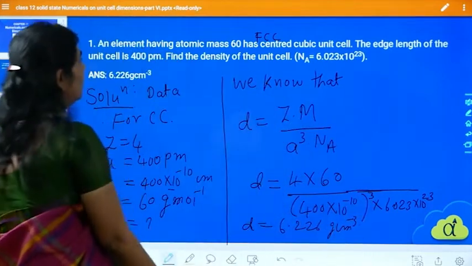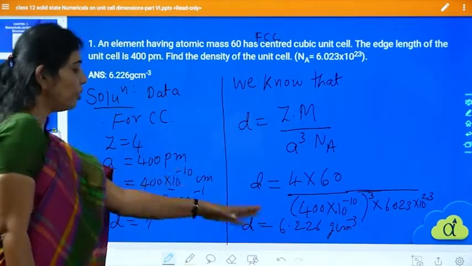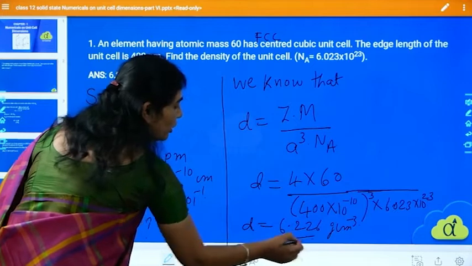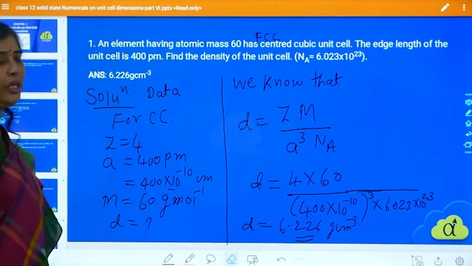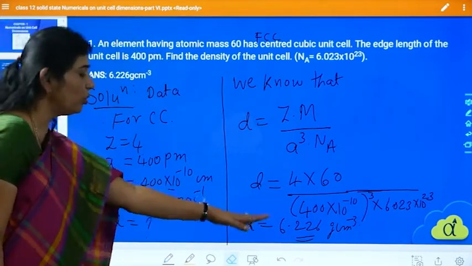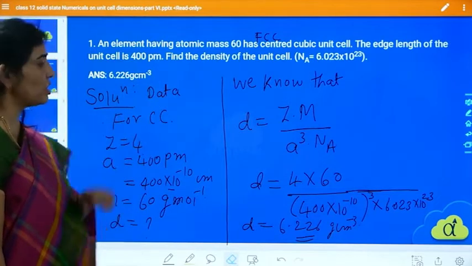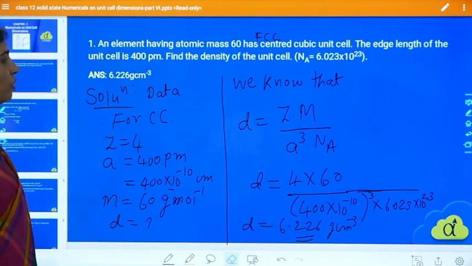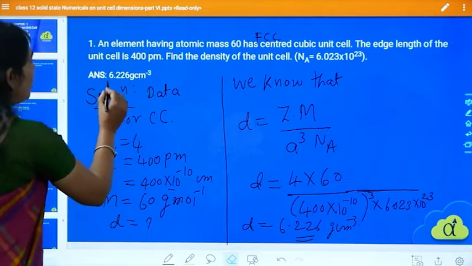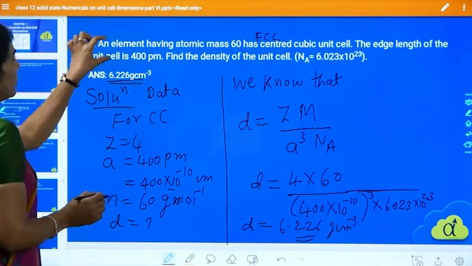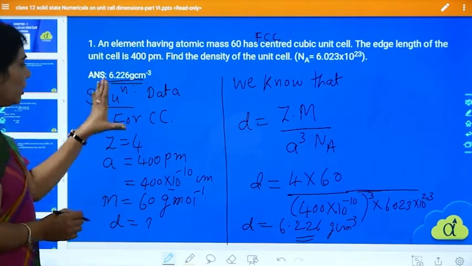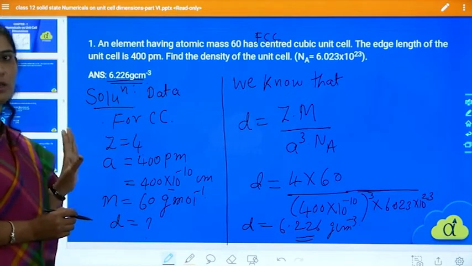Cubic lattice. So here, the density of the unit cell in the given cubic unit lattice you can calculate. So this is the density of the unit cell for what? FCC structure. This is how you can do the calculation. So here I have written the answer. So this is the numerical. So how you will get this answer, I told you, is a stepwise calculation.